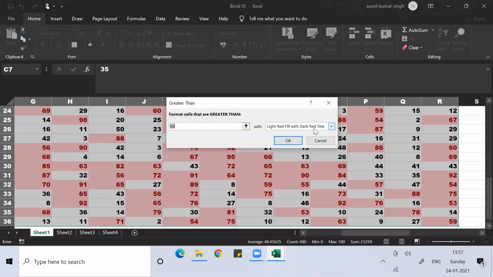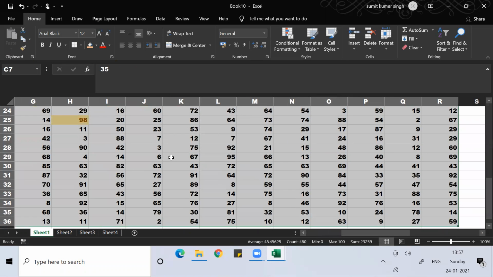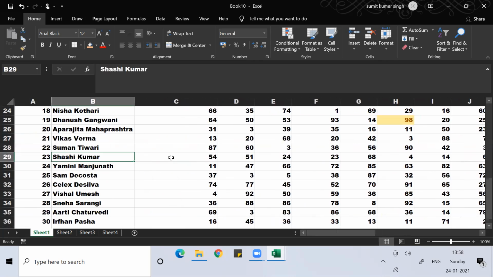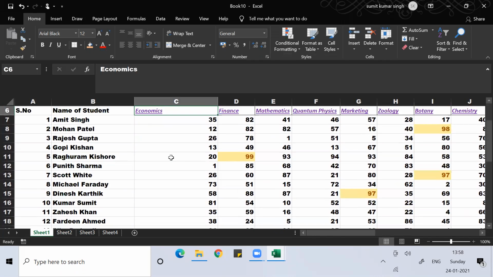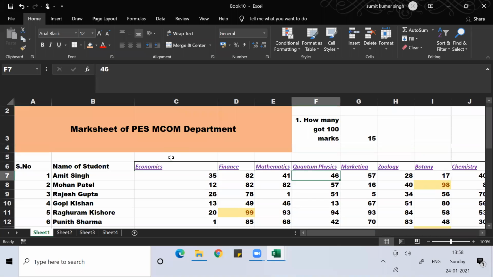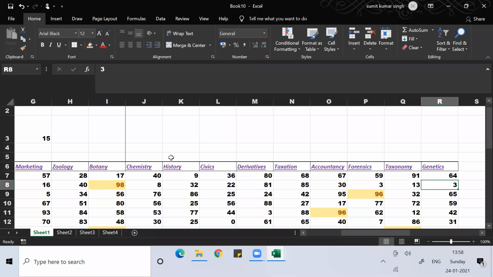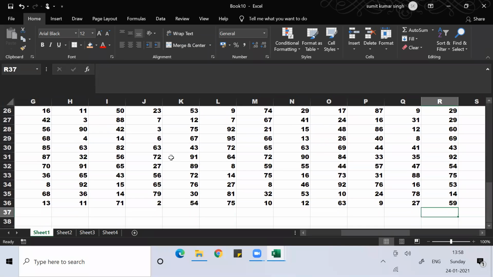Then you write here 95 and you put a color. Which color you want to use? Yellow. All the 15 people who got more than 95, you can see them. I hope you're getting the logic.